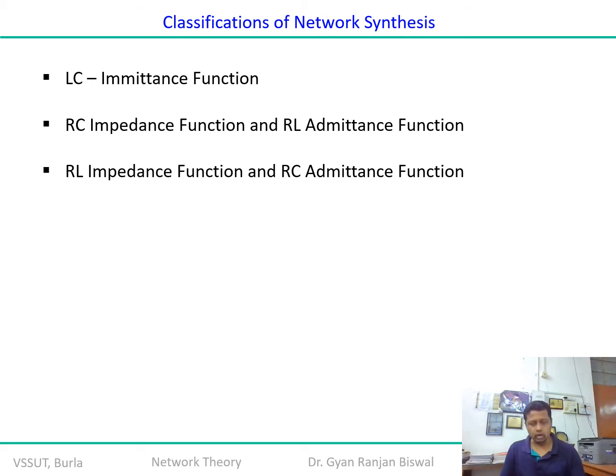Therefore we call LC an impedance function, whereas the RC or RL combination can be represented as an impedance or admittance function, because any impedance or admittance function has some finite amount of losses due to the participation of the resistive elements. If you are going to realize the RC impedance function, the dual of the network is the RL admittance function. If you are going to realize the RL impedance function, then the dual of the function is the RC admittance function. Both have the same impact over the network. It is just a matter of ease of design, depending on which approach you want to have.